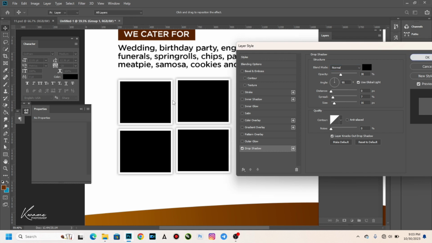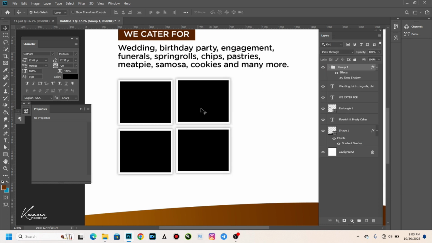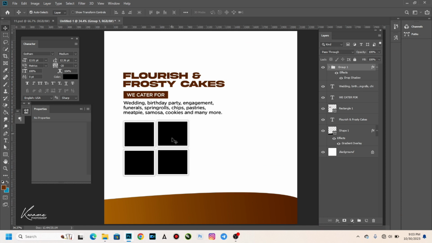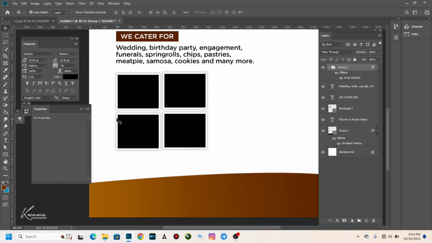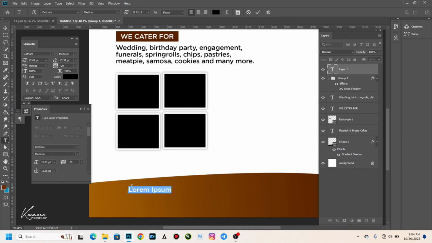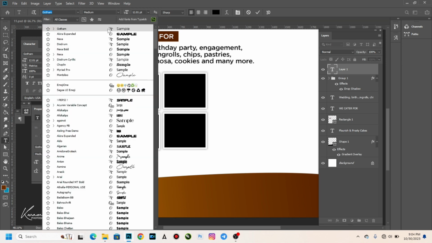Okay, so now the next thing I would like to do, before I start bringing in the pictures, I just want to finish adding text and then everything before we bring in the pictures. So the next thing I'm going to put here is the location. So okay, so it's Kaswa. So I'm just going to put in Kaswa here,